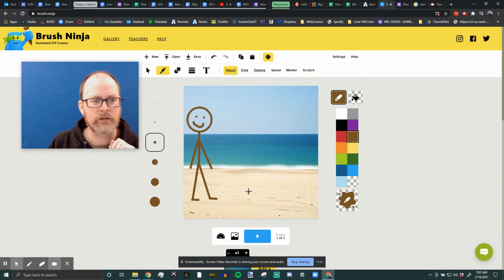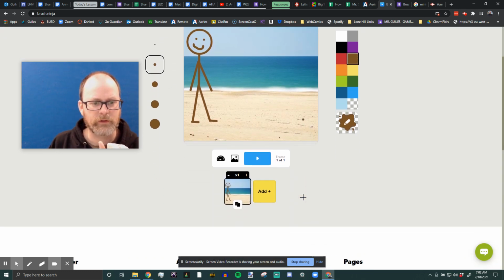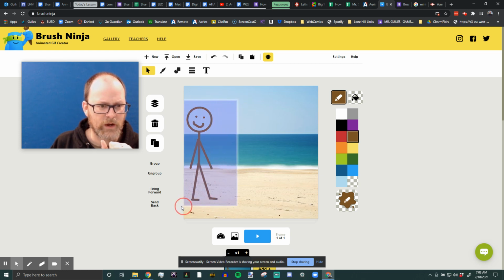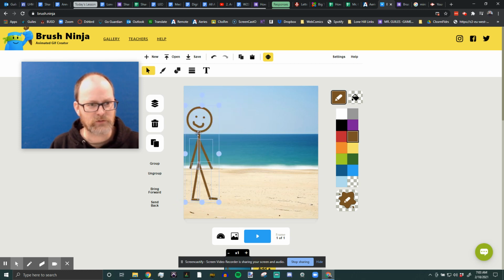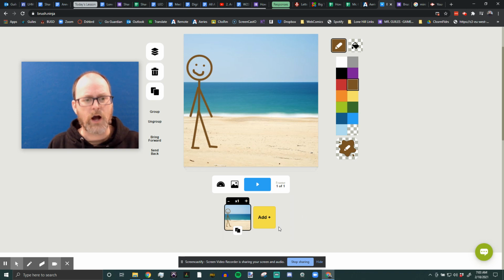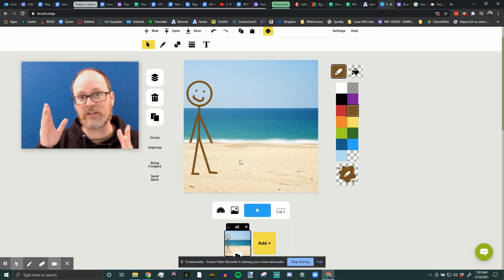Now, to show anticipation, there's lots you can do. So first things first, we've got our background, we've got our character. Remember that the selection tool is your friend, and you can actually click and drag a square and highlight all those different parts, and then you can actually move all the parts. Now, before I start my animation, we are talking about anticipation in animation. So step one, don't just jump straight in and start having your character move. I'm going to go ahead and do this plus thing here. I'm going to go 5 times, my character just standing still so that the person watching the animation has a chance to look at the screen and take in what they're seeing.